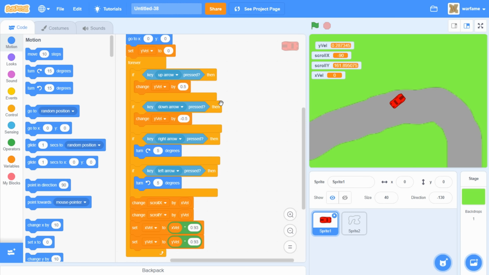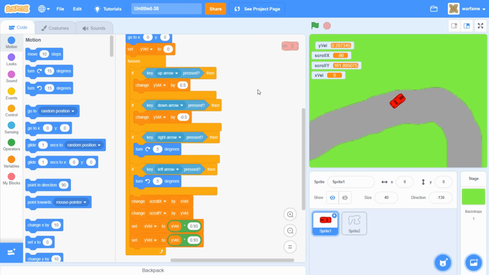And to fix that, we actually have to do some trigonometry. If you don't understand trigonometry or don't know what that is, that's fine. I'll give a quick explanation, but do keep in mind that it is pretty confusing. So if you don't understand it right away, that's fine. But if you do, of course, that's great. So anyways, I'll just create a new sprite,